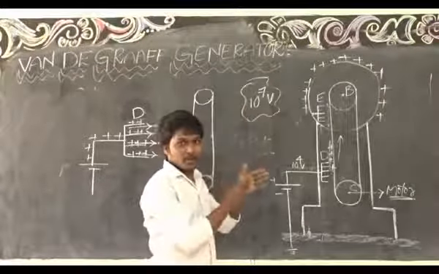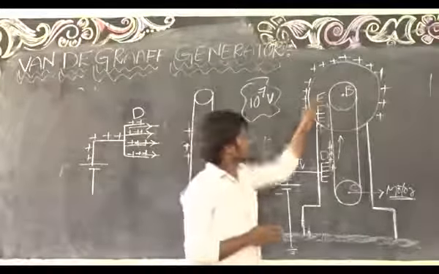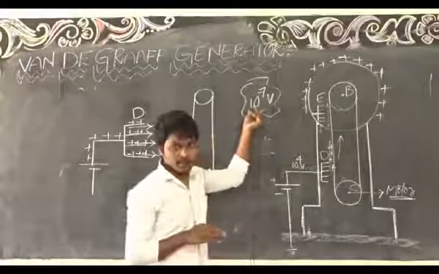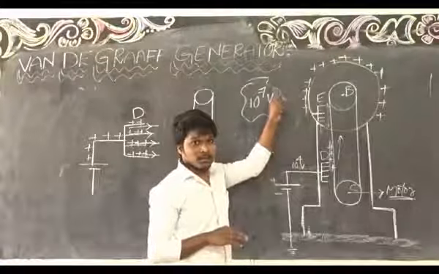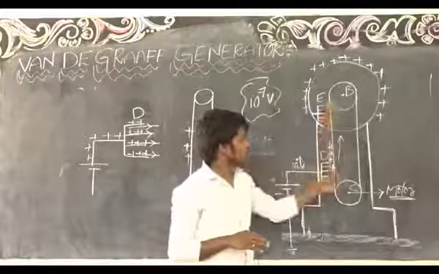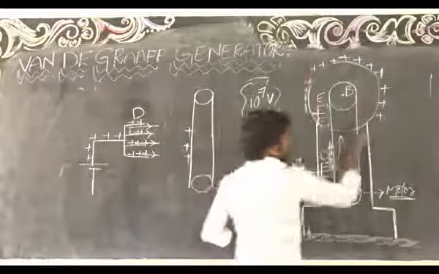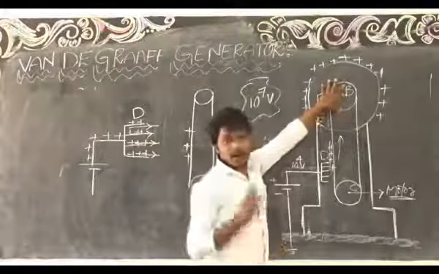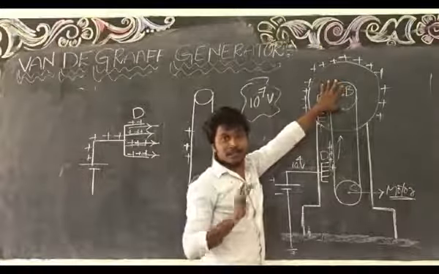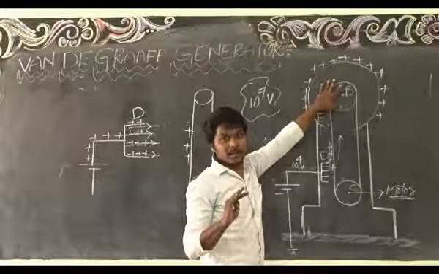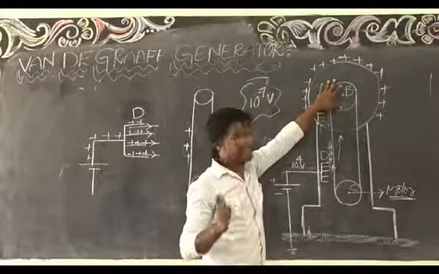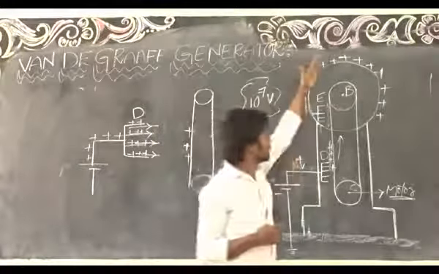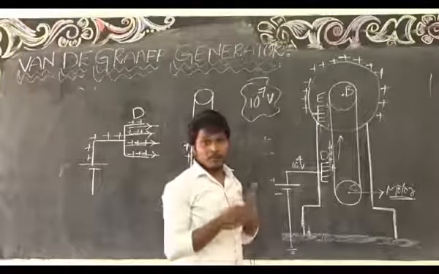After reaching 10 power 7 volts, what will happen? This sphere can't support that much charge. Suppose it has already reached 10 power 7 volts, but the process is still continuing. So what will happen? The charges keep increasing, and after that the sphere can't support that much charge. So at that time the charges will leak from the outside to the inside of the sphere. So we can reduce that.